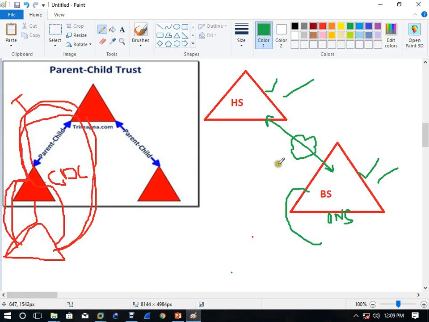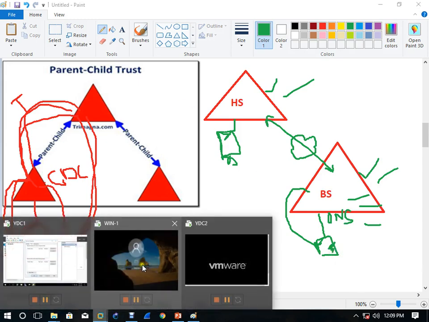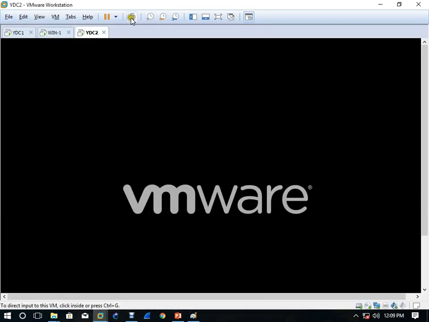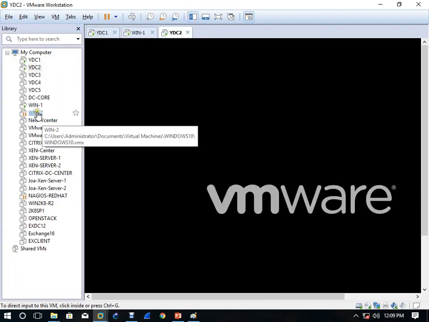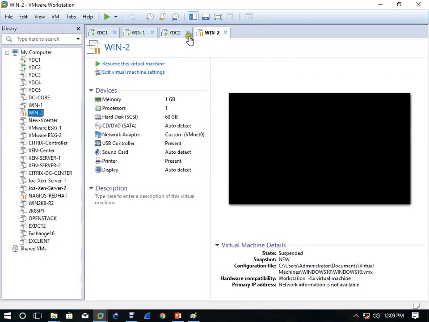Okay, so as per the scenario, for this main server you have one client computer, Windows 1. Because on the branch location also you will create some users. This is a separate database, so you have to create users. It's not that the users will be replicated from the server. When you create users, those users must be able to log in on this system. So for Yaoundé DC2 also you need one Windows client, right?